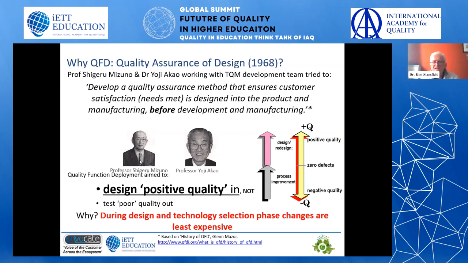And this is a summary of what Professor Akao and Shigeru Mitsuno applied. So basically this whole strand, which I've been applying for the last 32 years, really, since I learned about it, is to design positive quality in. It's not focusing so much on testing poor quality out. It's trying to prevent getting to a point where we need to test poor quality out or test defects out. So why do we do that? In summary,